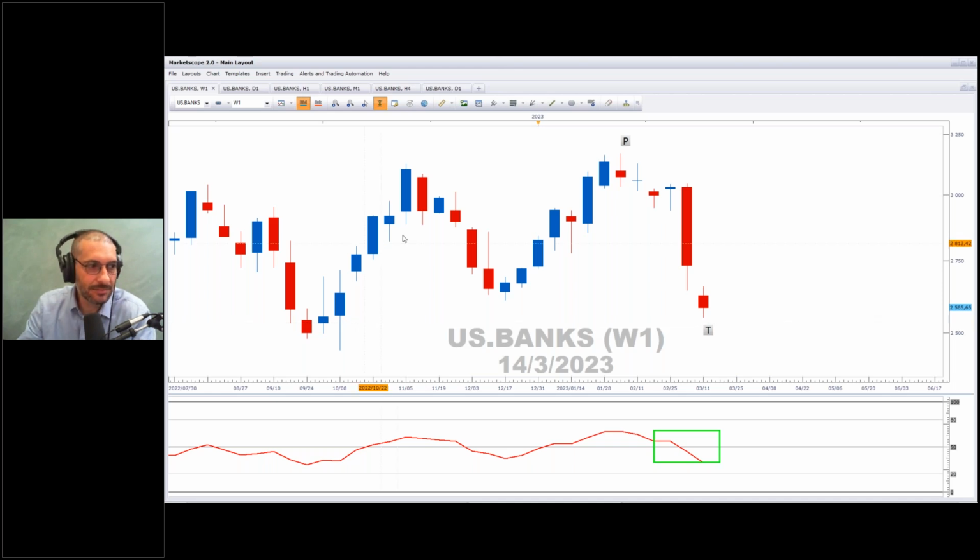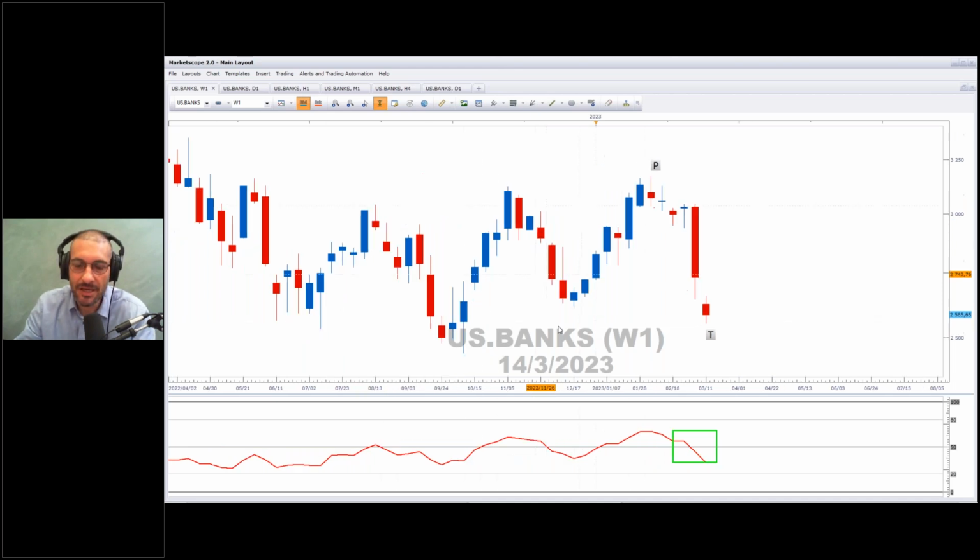Okay, so this is an FXCM basket of US banks. It's got JP Morgan in here, it's got Wells Fargo, I think it's got Citibank in here, and a few others, and you can see that we're no longer moving up. We've got a peak and a trough. Anna, does that answer your question? You can't add liquidity and take liquidity out at the same time, right?